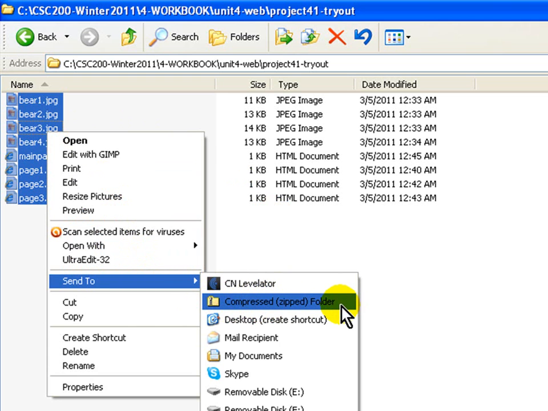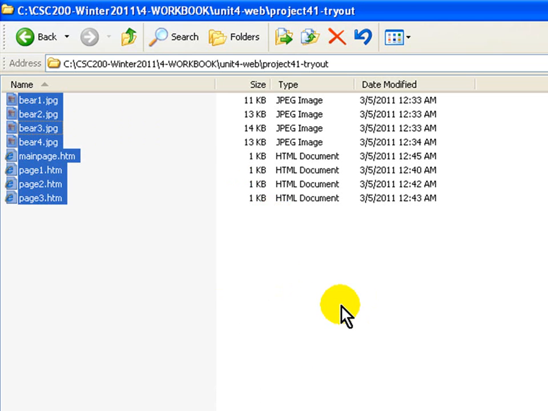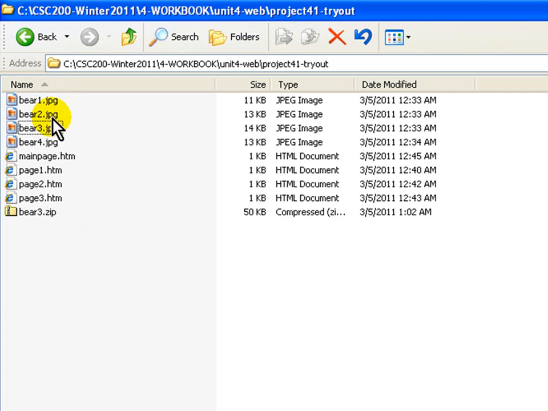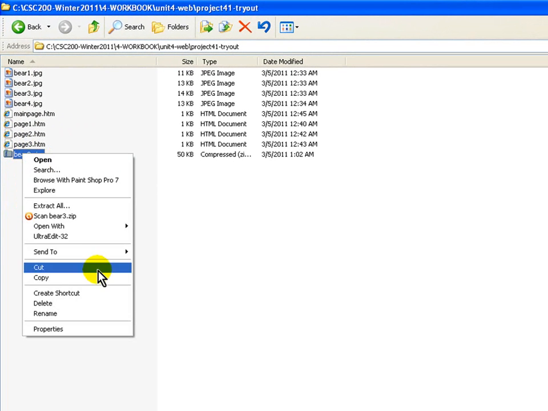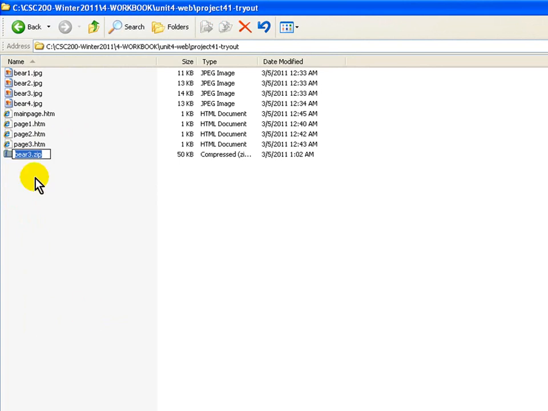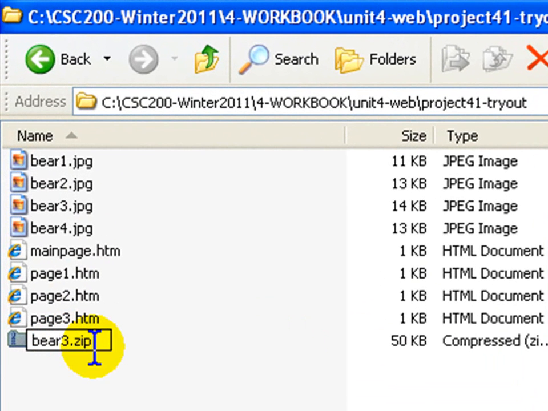Compressed Zipped Folder. When I do this, all of these get squished into one folder and it will take one of the names. It's just kind of a hodgepodge on how it does this. You could rename this. I'm right mouse clicking and rename, and just rename the front part of it something like this: Project 4-1-